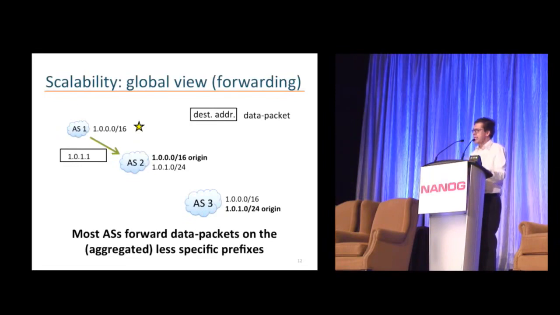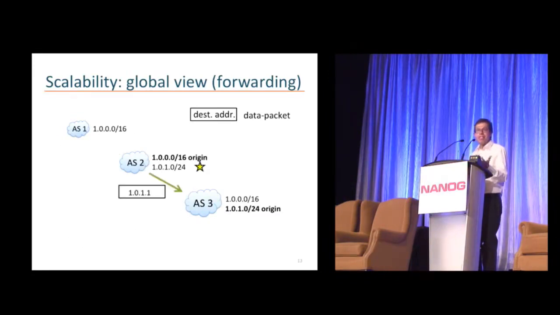So a data packet with destination address 1011 is forwarded at AS1 along prefix 1000/16. When it arrives at AS2, it is forwarded along prefix 1010/24, which is more specific. This more closely resembles the reality of road networks, where signposts at the crossroads have coarse-grained information about faraway destinations and only detailed information about nearby destinations.